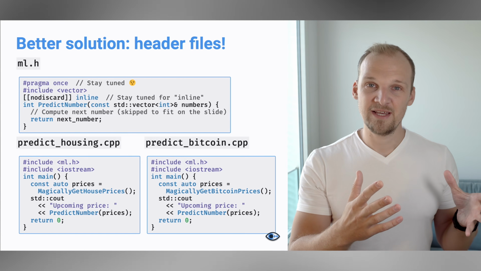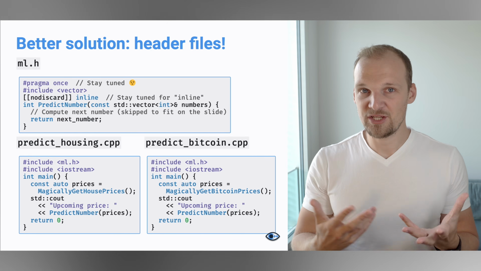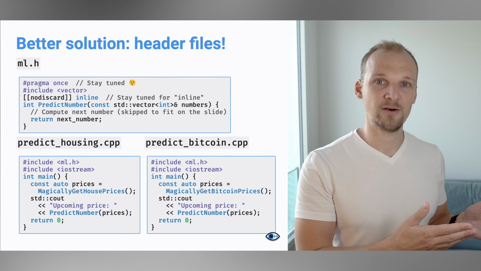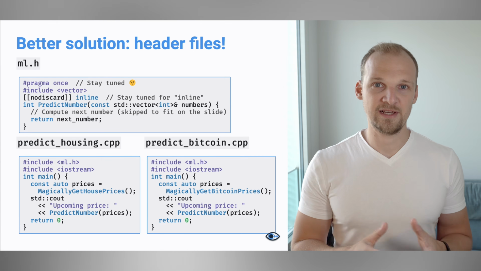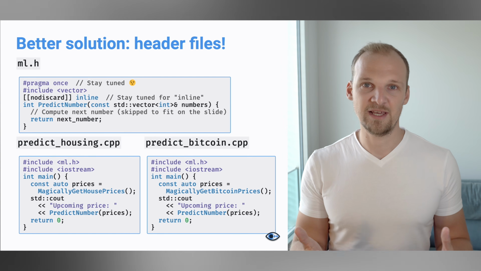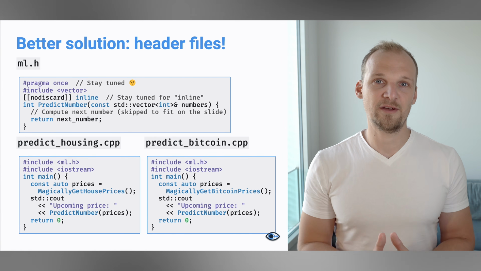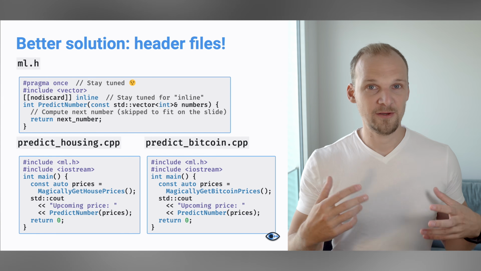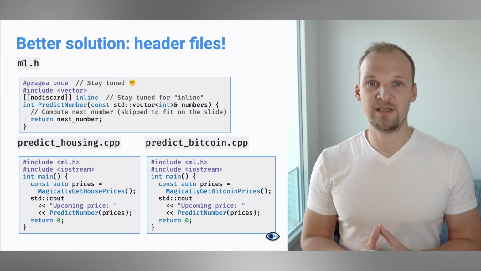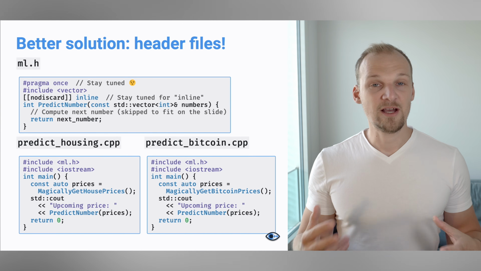So now we have this ml.h file, and this is again just a text file, so we can just take the code over and copy it there. I will skip the details of that function on the slide because again it has to just fit on the slide, and I would like to give an overview of everything on one slide and not split it over a couple. So we copied our code and we put it in the header file, and now we want to actually